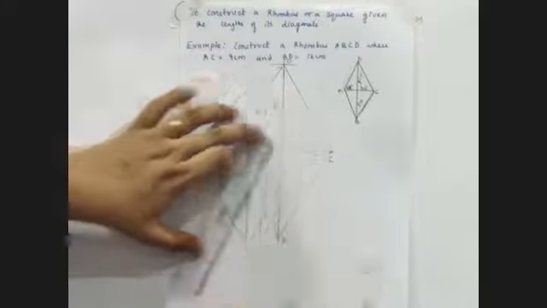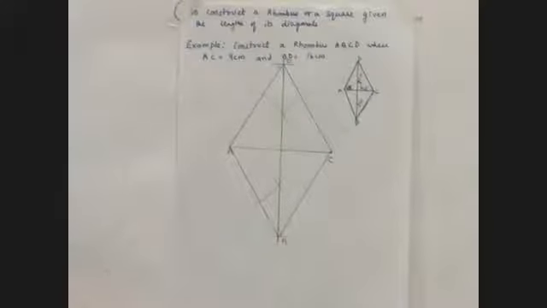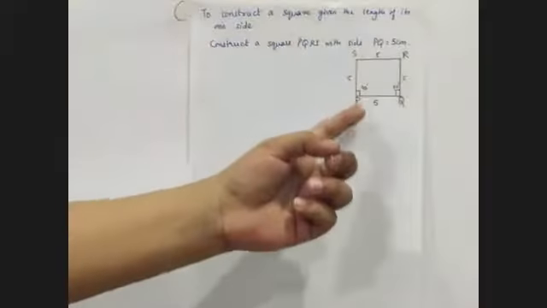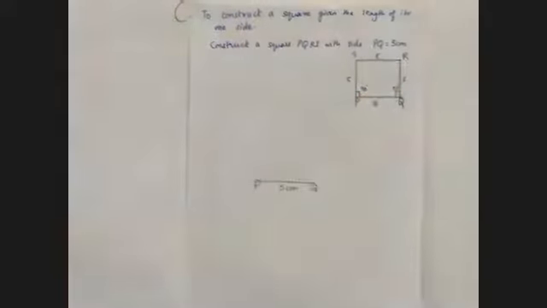Now let us move towards the last construction type for the square. Let us start with the last construction for the square. Here we have only one side, right? Now we know that in a square all the angles are 90 degrees. So what we can do, we can take these three sides and these two angles to complete our construction. The base side I have already drawn.